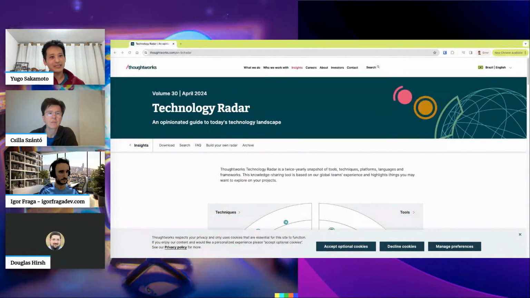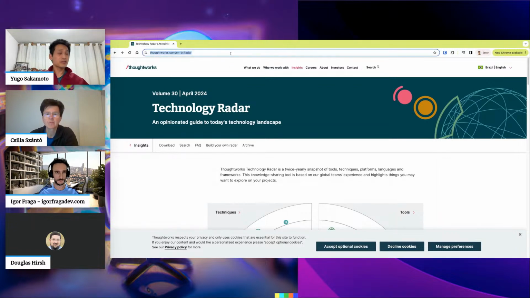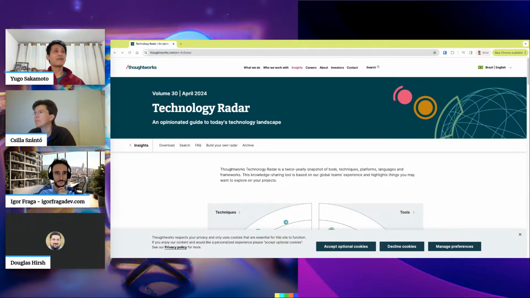If you are not familiar, let me push here a tab so I can share my screen with you. Yeah, it's better to share the screen here. This window, this one. So one thing that was really interesting, let me share here. I hope everyone can see the technology radar from ThoughtWorks. It's those smart guys from ThoughtWorks. They release it every period.